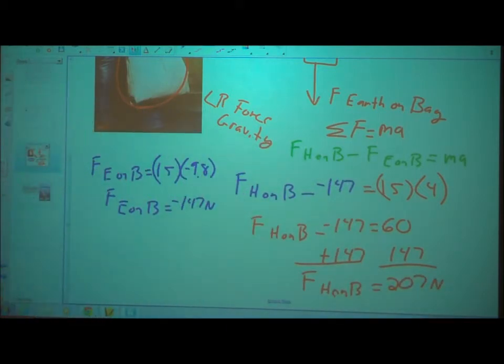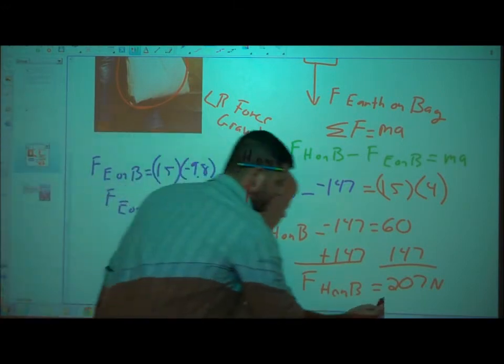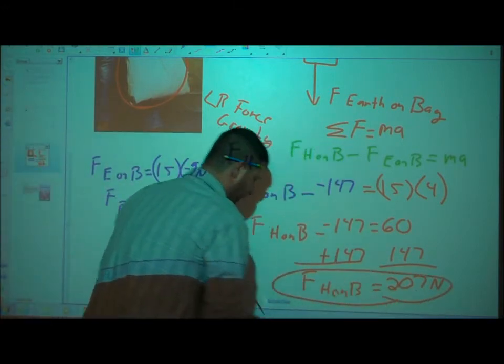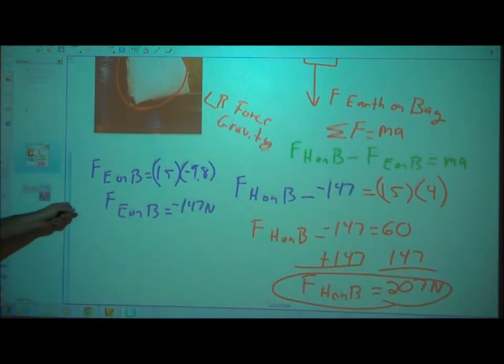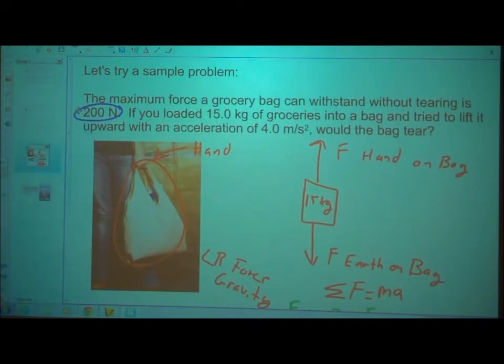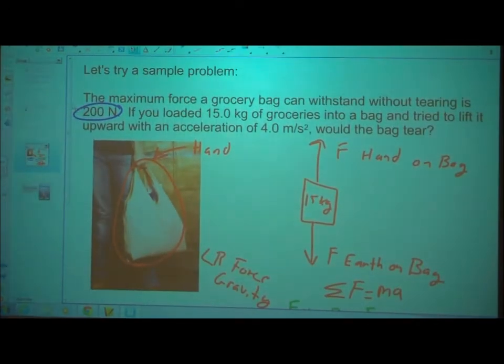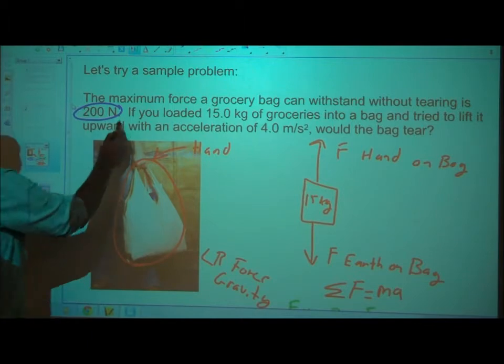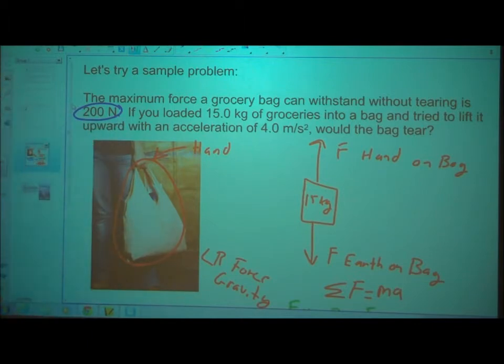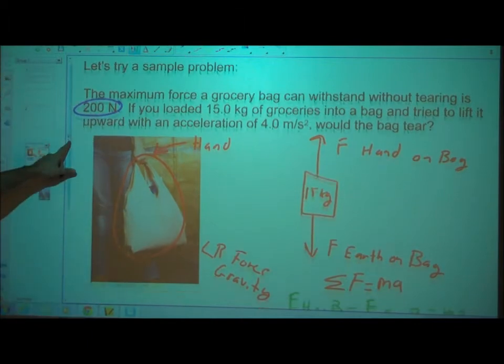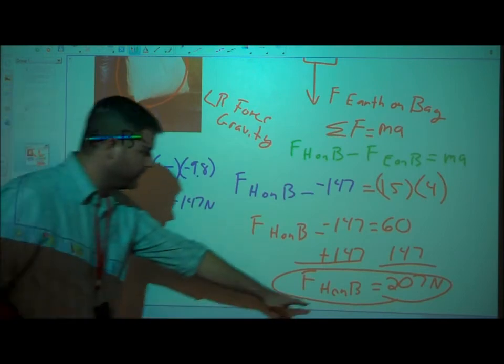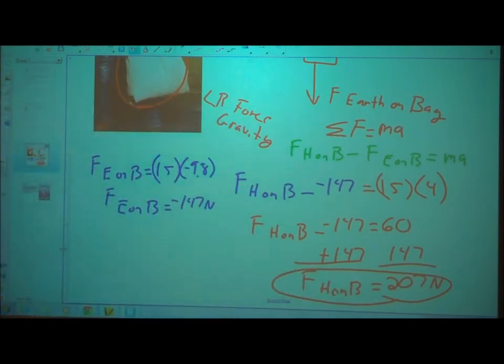If we look back at our answer, this is the force that the hand is applying to the bag. We know that the bag breaks at 200 newtons. So if we have more than 200 newtons of force, the bag breaks, and we do have a force of the hand on the bag